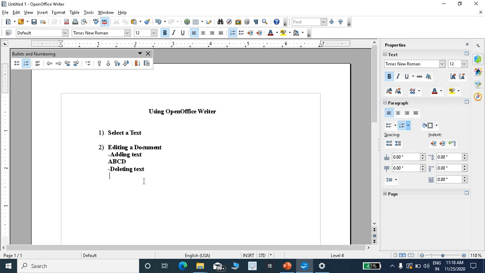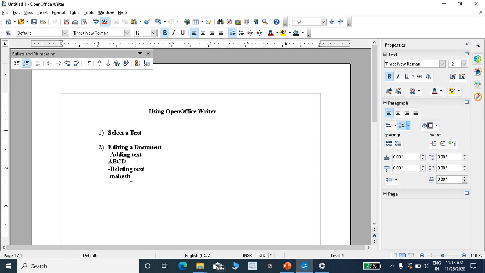See, the selected text will be deleted. How I deleted this? By using the delete key. See, one more different way of deleting a text. I have to delete a particular alphabet.